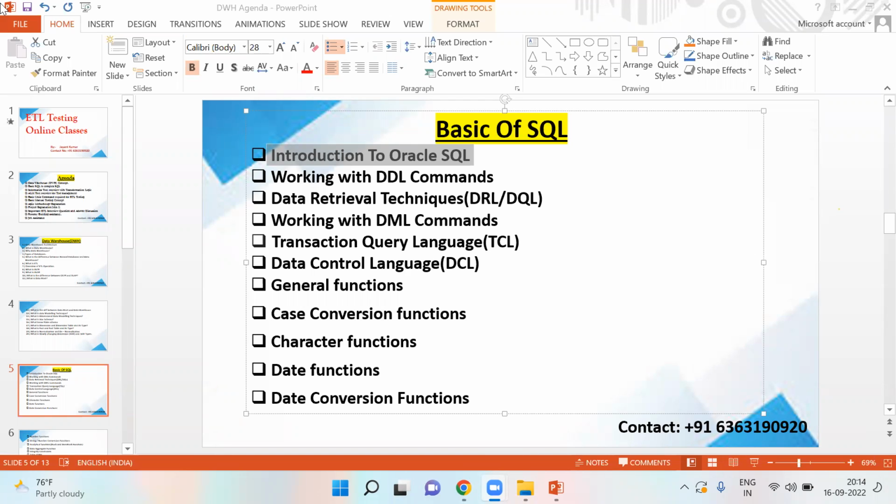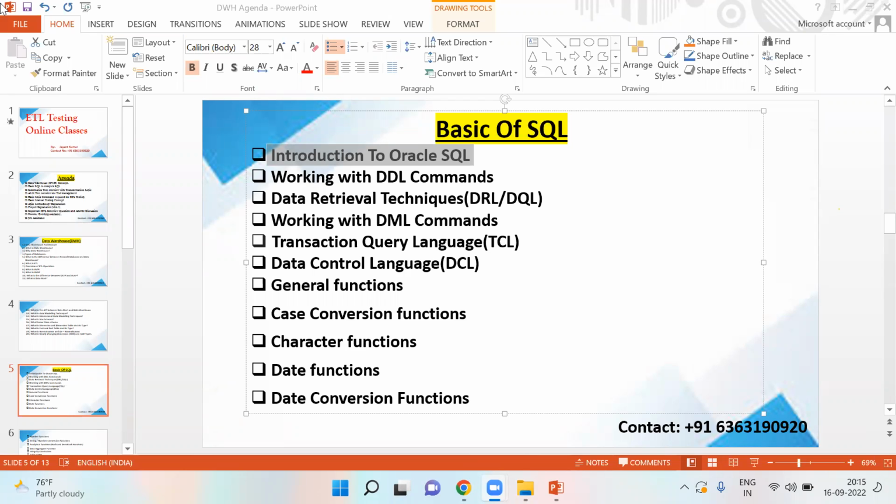Real-time scenario, how it will be, Sujani: in the SQL part, they will give you a real-time scenario, and based on that, you have to write the query. Sometimes they will ask for more explanation of the project part, again and again, so that they come to know whether you have really worked on the project or not. That is the funda of real-time scenarios.